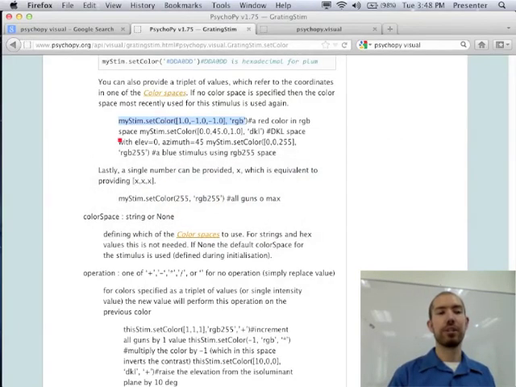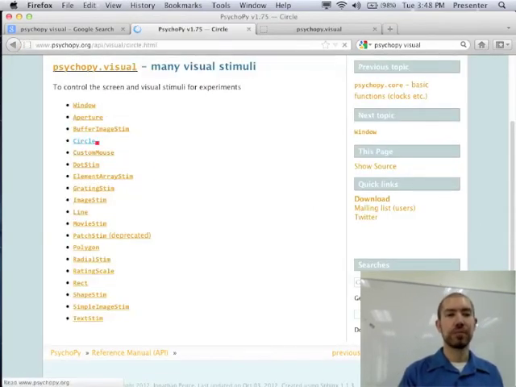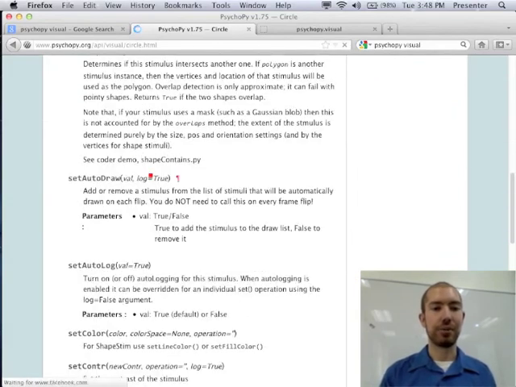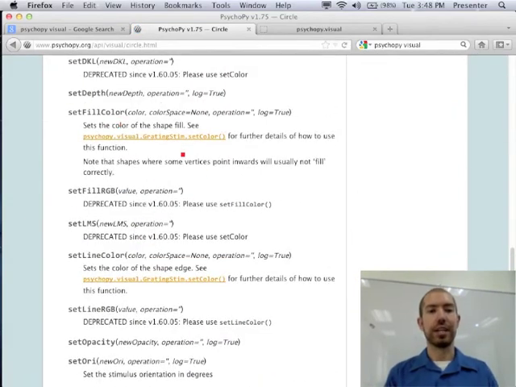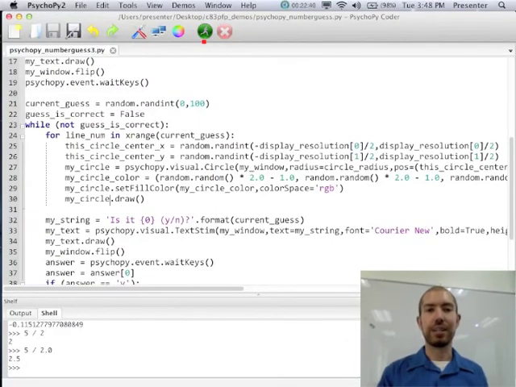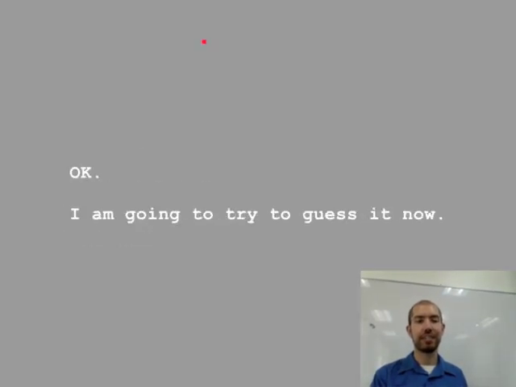And again, if you wanted to be sure of that, you could go back to the Psychopy documentation and look up a circle, and you could go down and see how you would set it. You're like, all right, let's see. Oh look, here's how I set my fill color. Okay. So anyway, if you run that now, what you should have, in theory, if I got it all right,